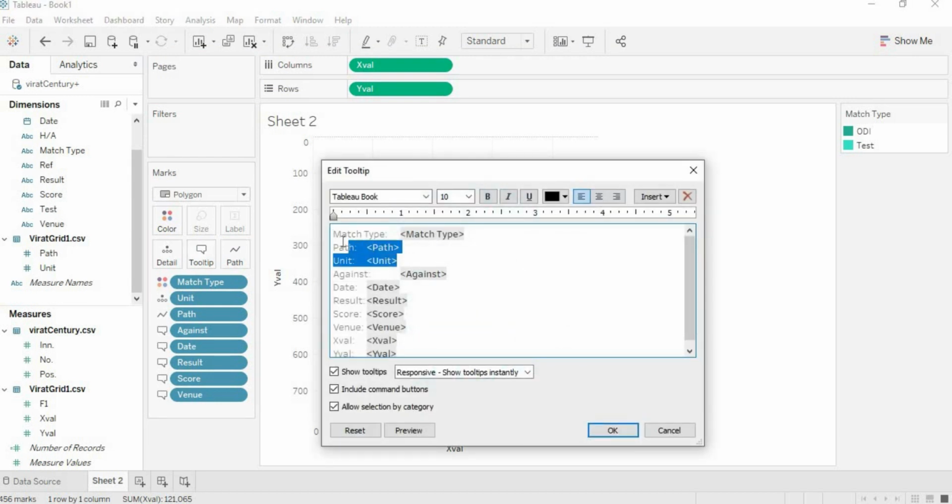Remove the unnecessary things, the first three are not required, and even the x value, y value is not required. So I will put date at the top and score beside against, so next to against. Versus.